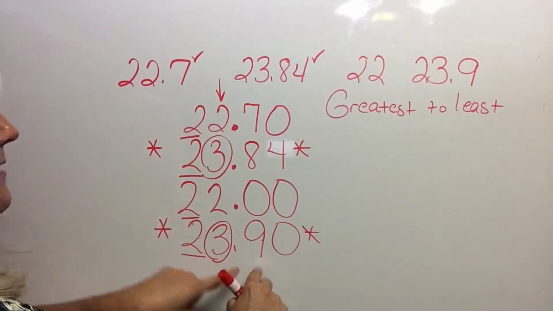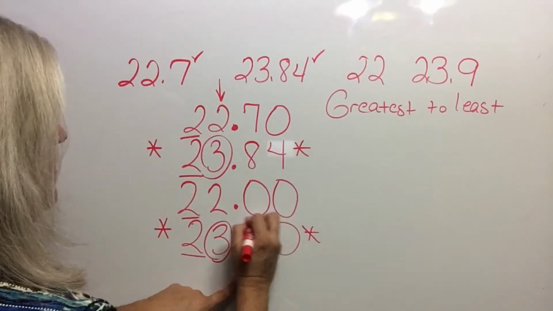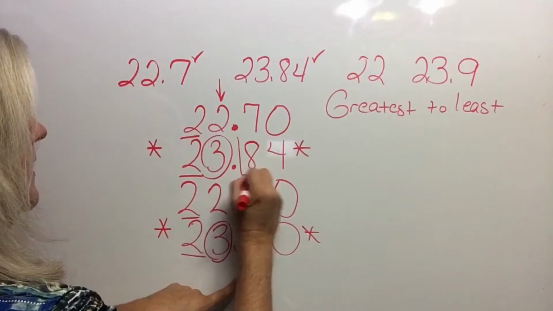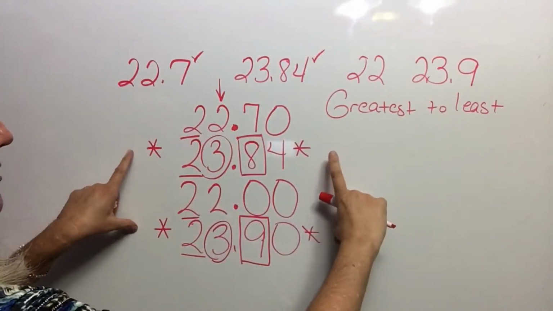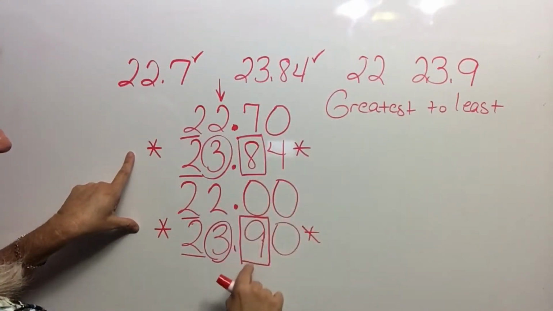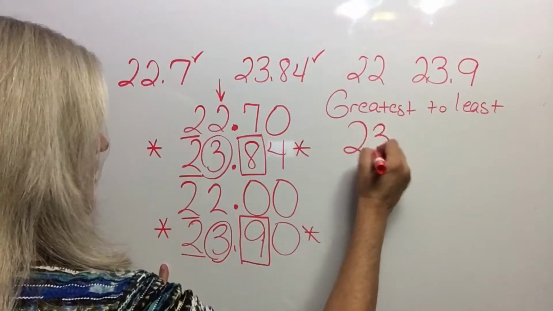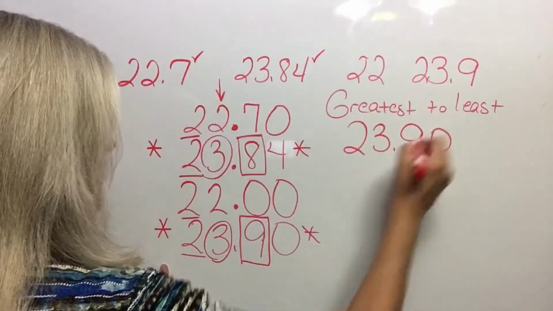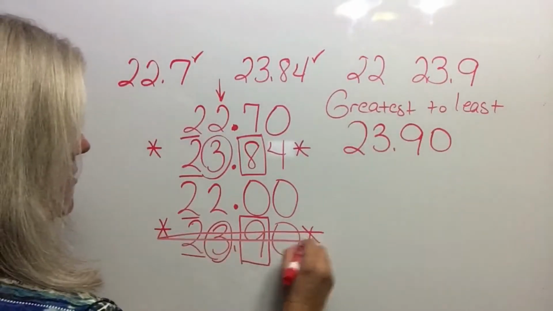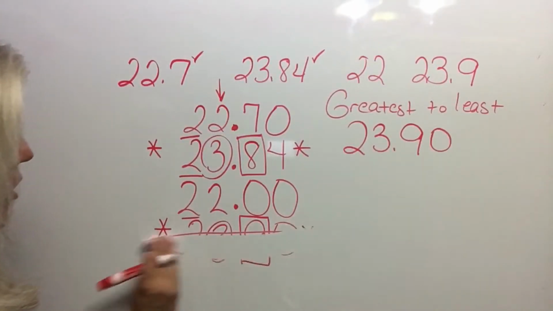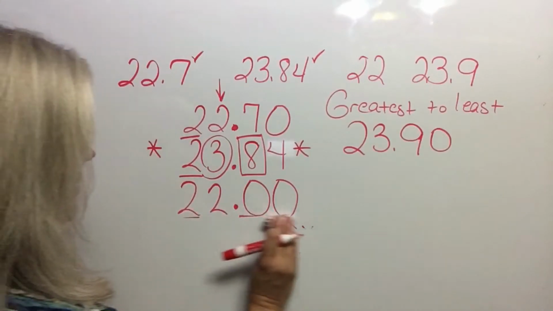Now I'm going to the tens place. I have a 9. I'm going to put a square around it, and an 8. So I'm looking at these two numbers, and I have an 8 and a 9. Well, 9 is larger, so I'm going to put 23.90. You can mark it out so you know you're done with it. It's a little hard to erase it if it's in your book, but I'm going to actually erase it